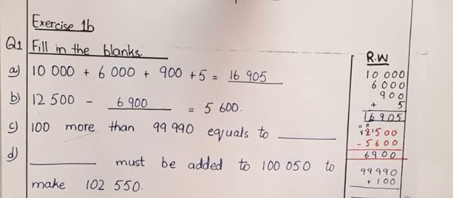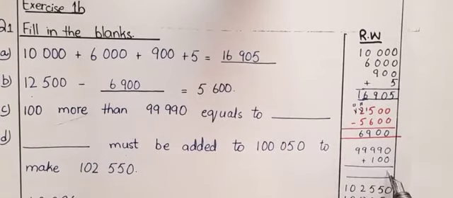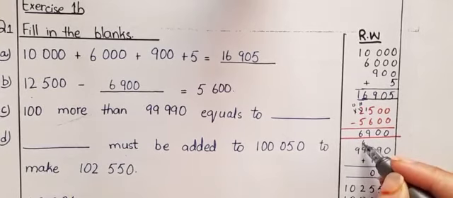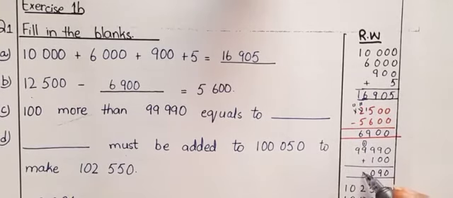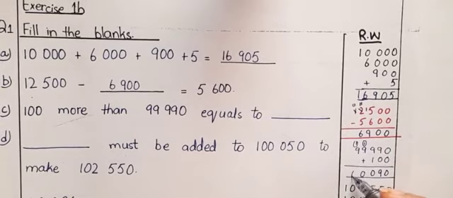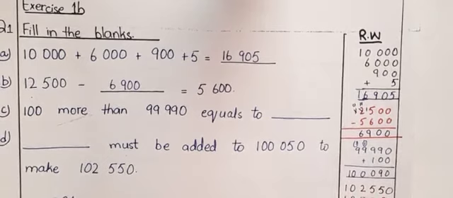Can we start addition, boys, from this side? No, we have to do it from here. So 0 plus 0 is 0, 9 plus 0 is 9. 9 plus 1 is 10. I will write 0 over here and 1 will be carried here. 9 plus 1 is 10. 0 over here, 1 over here. 9 plus 1 is 10. Now I will write the full 10 because there is nothing where I can carry.